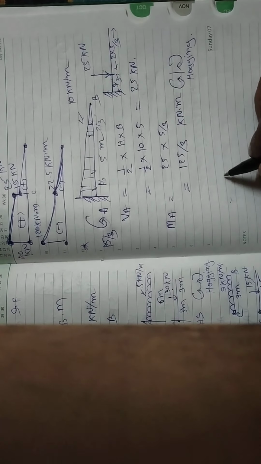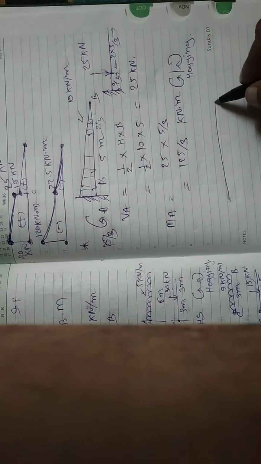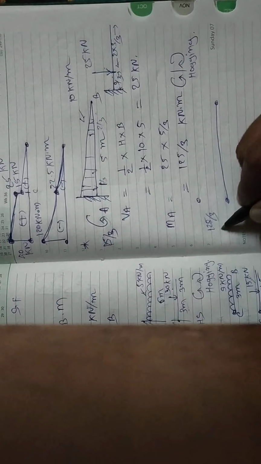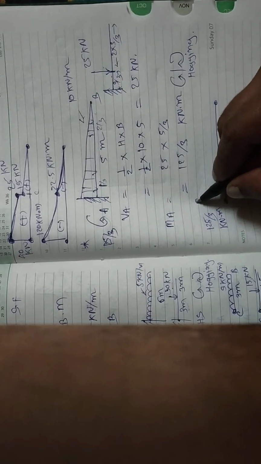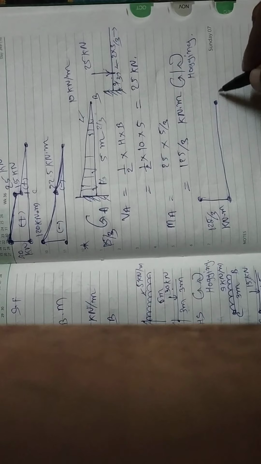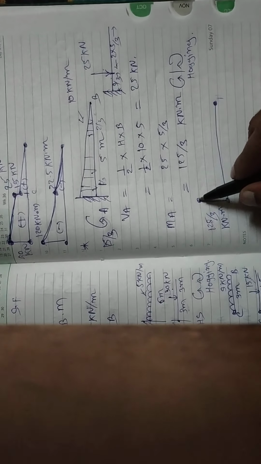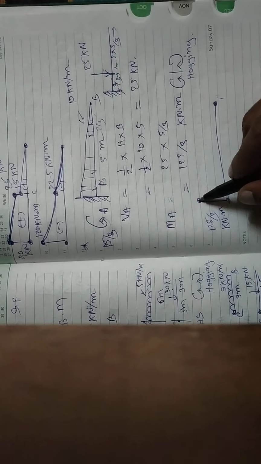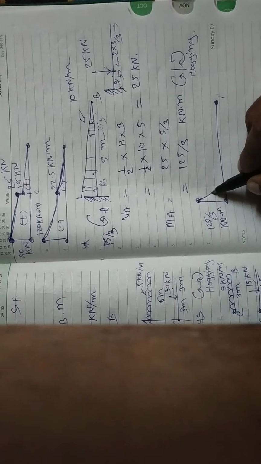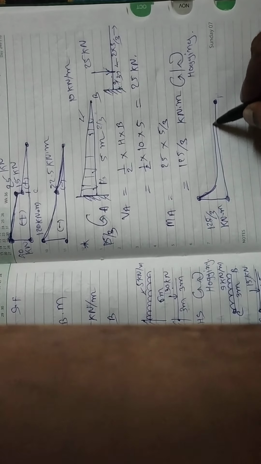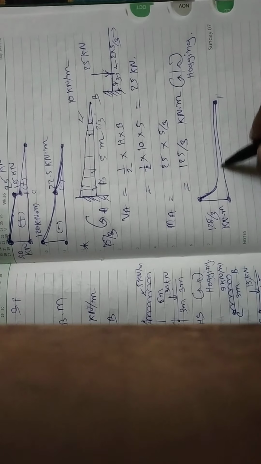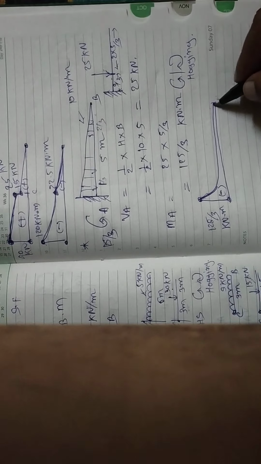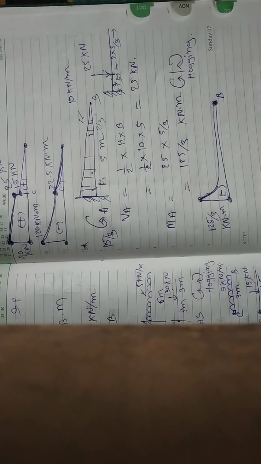So you can draw this bending moment diagram. At A, you will have moment of 125/3 kilonewton meter, and it is hogging, so it is upside. And here the moment will become 0 at the point B. It is a case of UVL, so it's a cubic parabola, so the moment diagram will look like this rather than a parabola, correct? So this moment diagram you will say cubic parabola, and this moment diagram is hogging, so it's a negative sign, and at point B the moment is 0, correct?